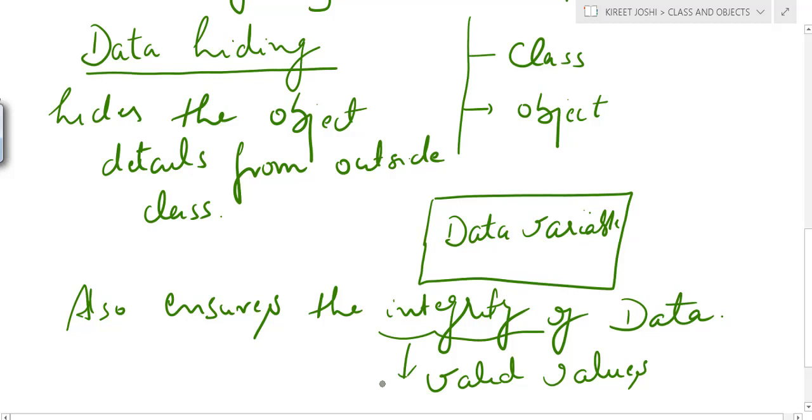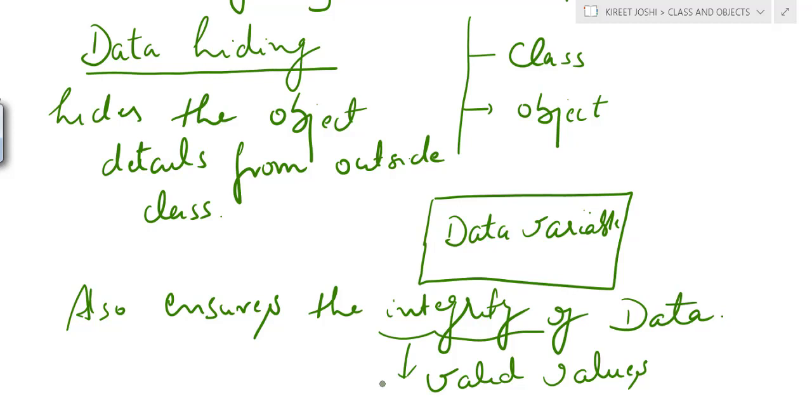For example, if you are going to a bank for a transaction, the amount that you are withdrawing should be greater than zero. The amount should not be negative. So it means that valid values are there and integrity is there. The bank is providing some integrity on the data, so in the ATM machine users can only enter an amount that is greater than zero. So there are some valid constraints.